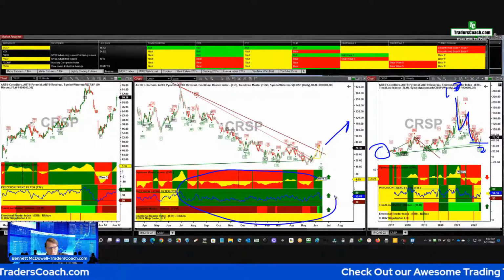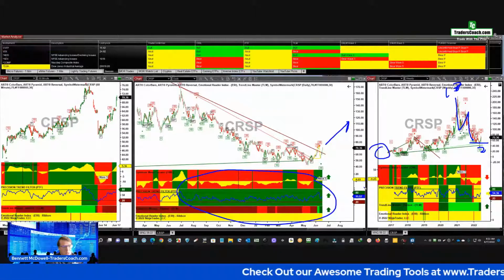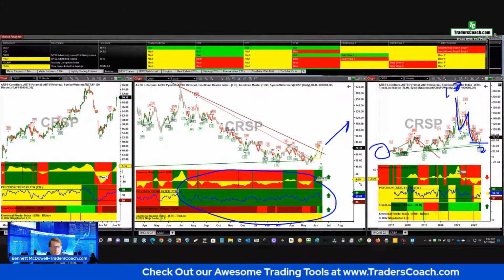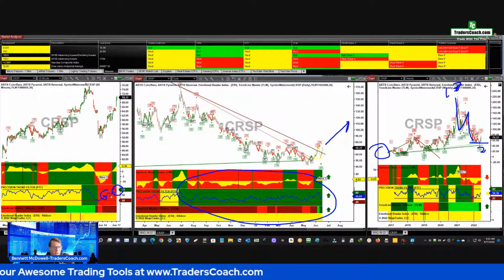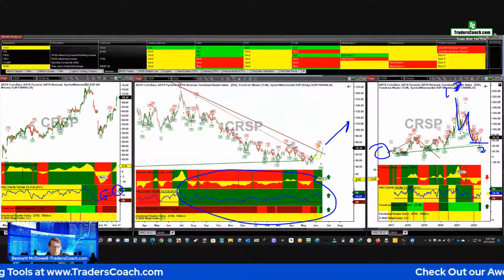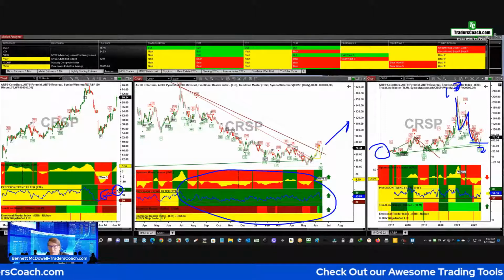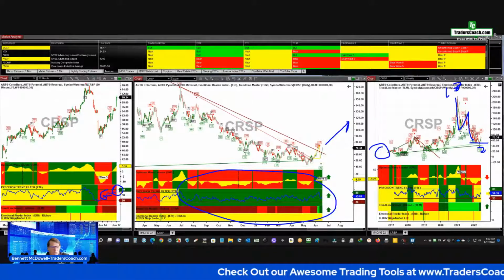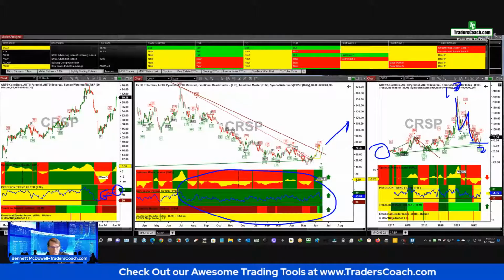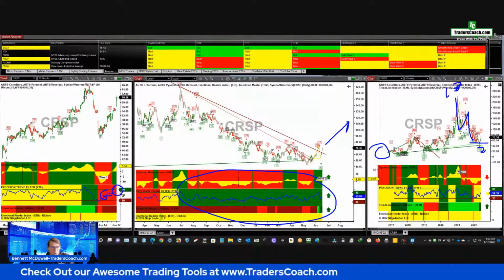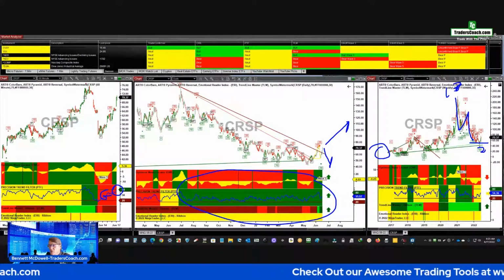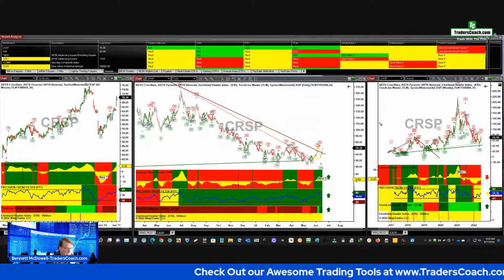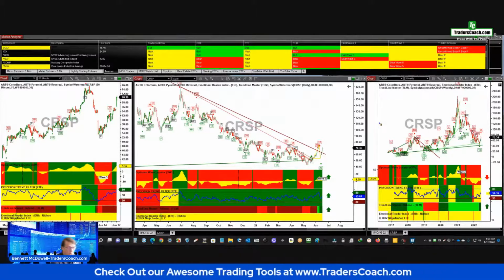We got a green PTF here. I would say this one looks good. The only thing that would hold me back from going long is this needs to be green over here. So this could turn green today for all we know. So you want to keep an eye on that. It may turn green next week, but it's very close. So don't go long until it turns green. If it never does, then that means it may sell off again, make one more low before it returns to a new high. So I like CRSP for a watch list.